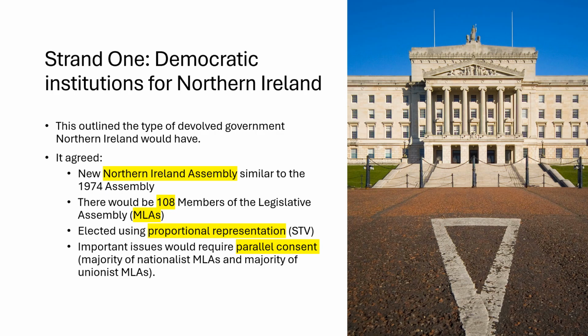It's important again to point out that they're using proportional representation. This was the type of elections that took place to the Northern Ireland Assembly back in 1974. Why proportional representation is useful for Northern Ireland is that it prevents any single party getting a majority, more than 50% plus one of the votes. And this means that different political parties will be forced to work together. Nationalist and Unionist will be forced to work together. None of them will have more than half the seats and therefore be able to govern by themselves.